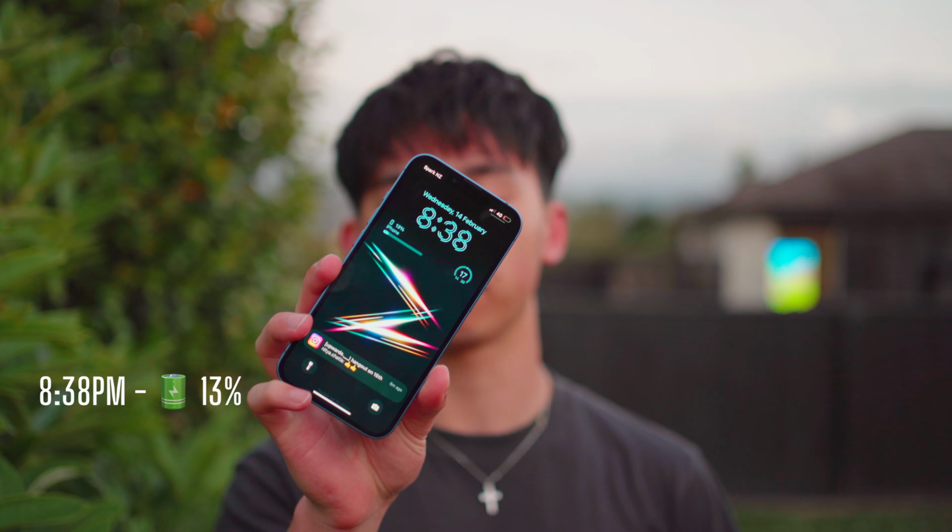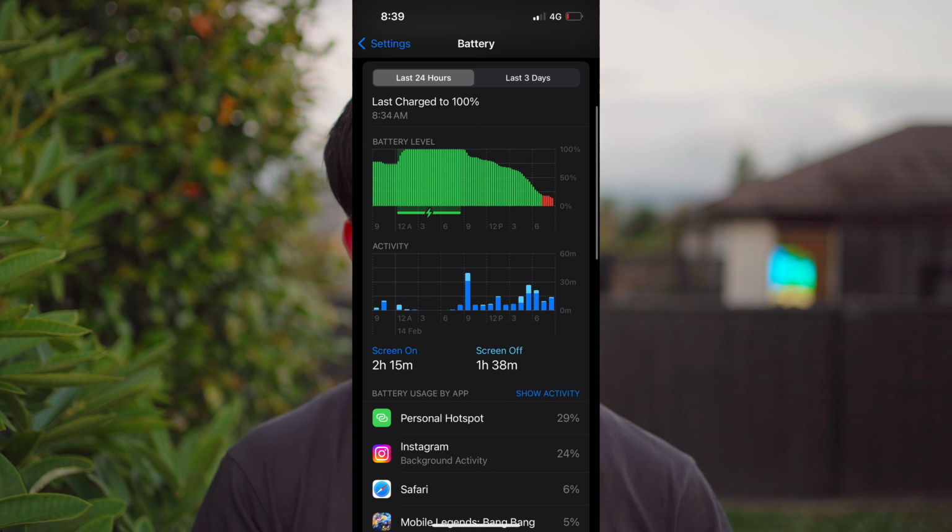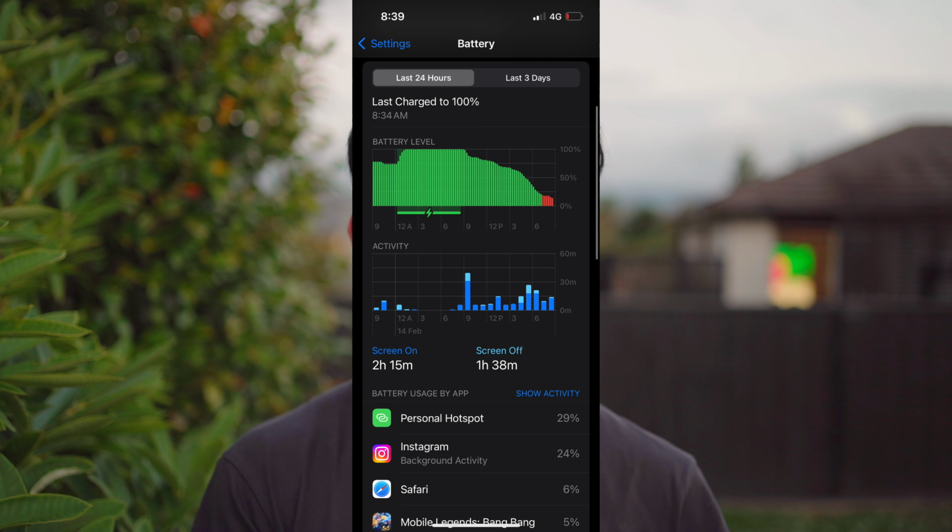Okay, so now is the end of the day. It's time to take a look at how the iPhone 13's battery performance has lasted through the day. It is currently 8:38 and the battery percentage is at 13%. So today has been a pretty heavy day in terms of phone usage. Our battery usage is 2 hours and 50 minutes for the screen on, and screen off time was 1 hour